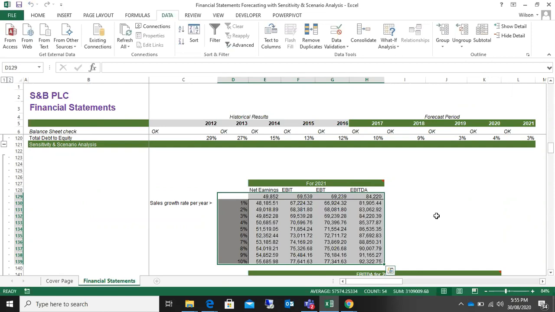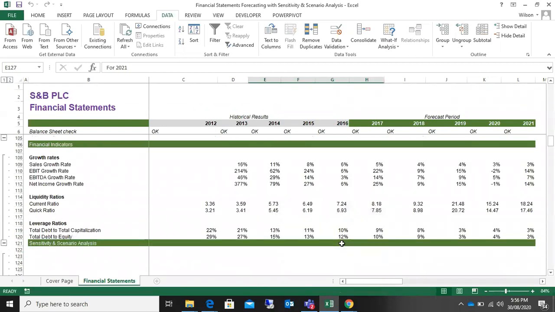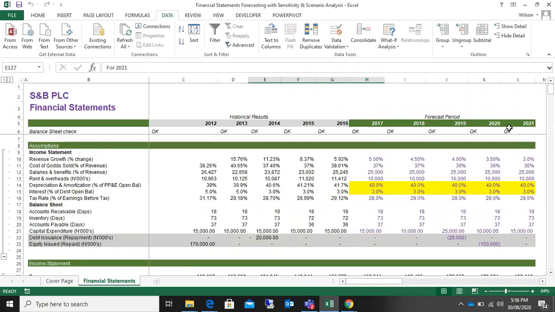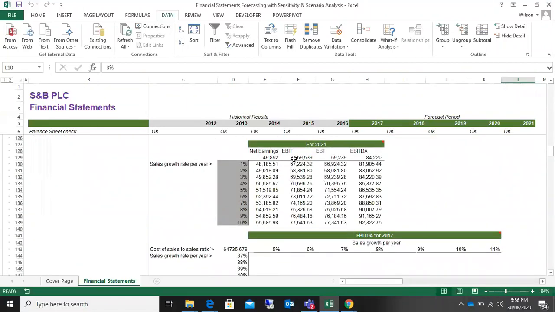You see what happens there. Now let's interpret what we have here. So this is what we call a data table, right? And this data table tells us a lot of things. One of the things this data table is telling us is, if we have the net earnings in 2021, for instance, of course, we made an assumption that in 2021, we expect our revenue to increase by 3%. Now, if our revenue went up by 3% in 2021, what it then means is that our net earnings will be